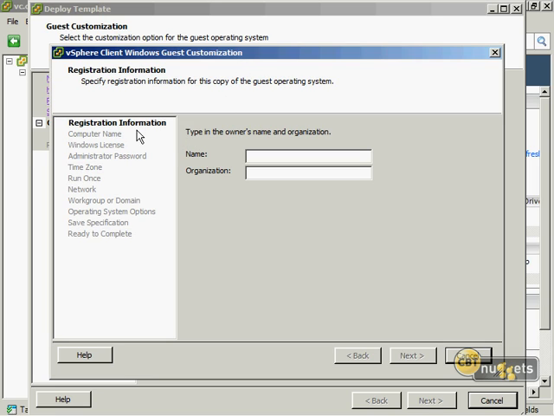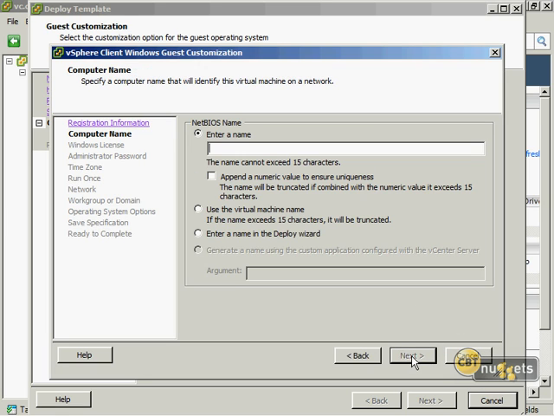Now take a look at some of these things. If you've played with sysprep before, you're probably familiar with some of the items in here. The registration information, name and organization, computer name, Windows license, admin password, time zone. If I start just popping in bogus data in here to show you what these look like,